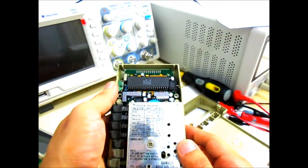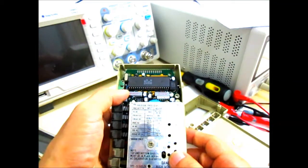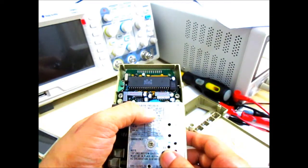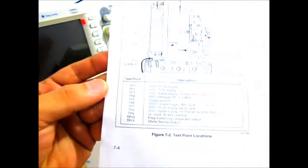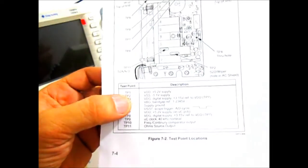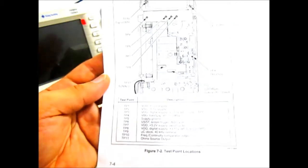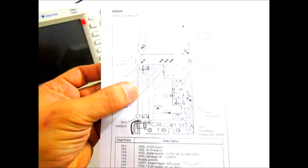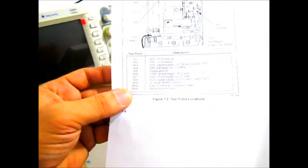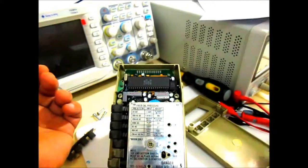Anyway, the next step is we'll be verifying some readings on the test points from the manual. The service manual provides some info on that. Sorry for the crappy camera here, but these are the service manual pages indicating the test points and readings. So we'll go ahead and do that, but before we can do that,